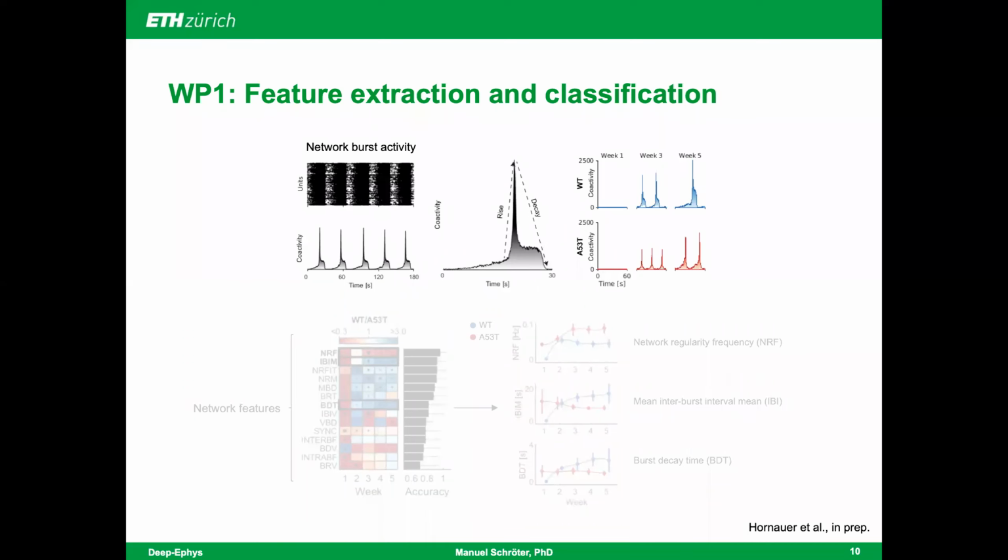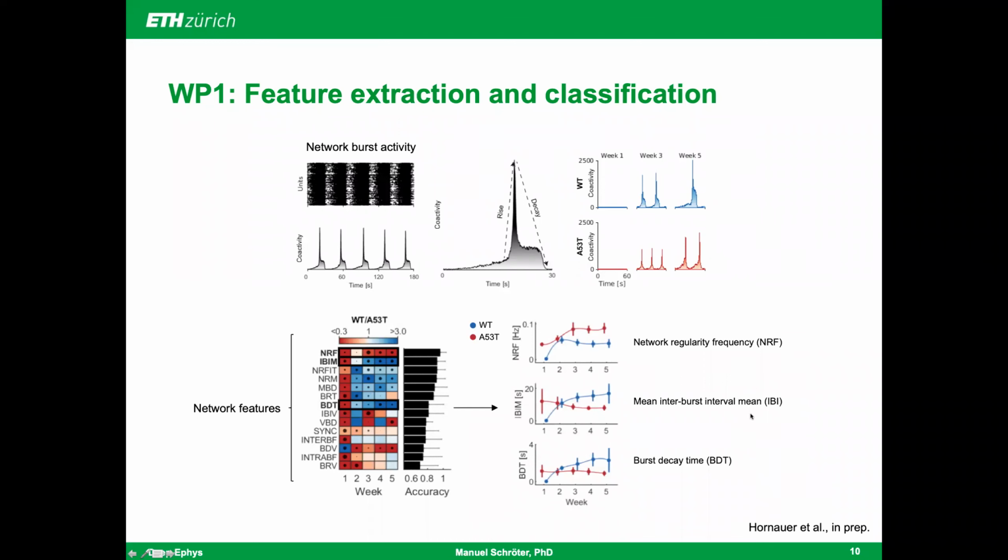In a similar way, we can now also look at the network level and infer features on that scale. Those relate more to the so-called network burst activity. Again, we can estimate a whole list of metrics, and we found in that study that the 2 lines actually differed quite strongly at this scale. In the lower plot, again, we see the heat map for the relative differences and the accuracy results that describe how well each feature would allow a distinction between both cell lines.